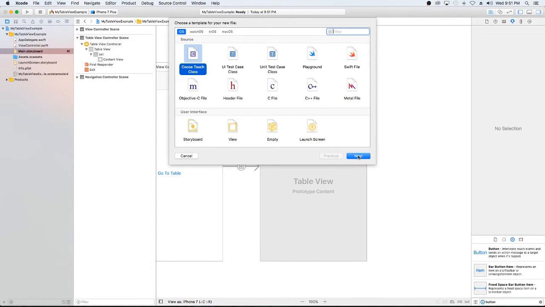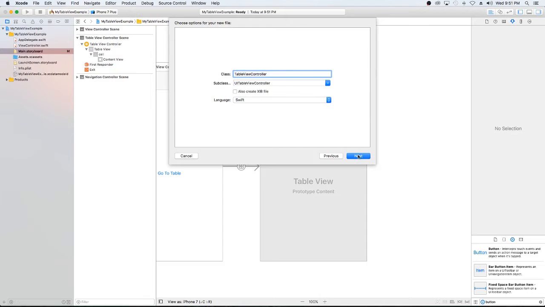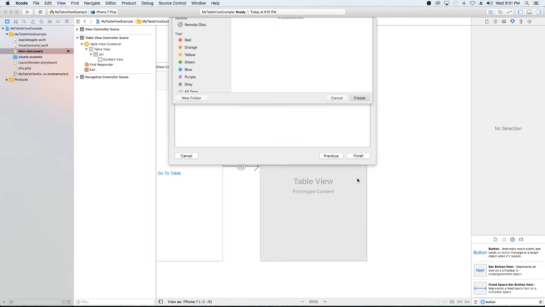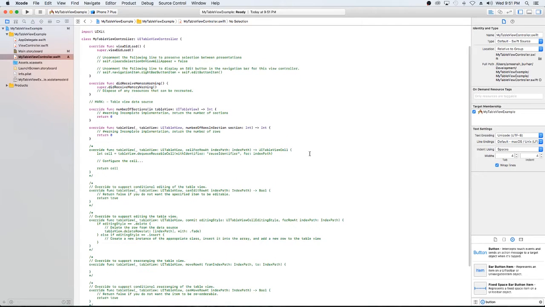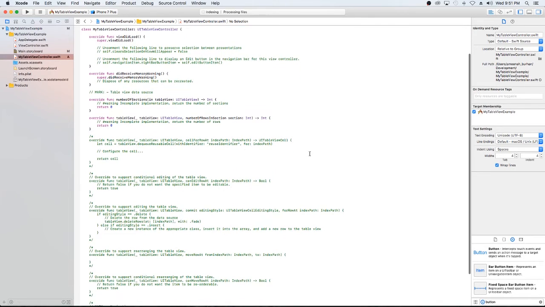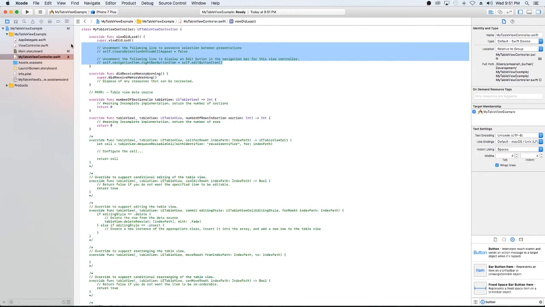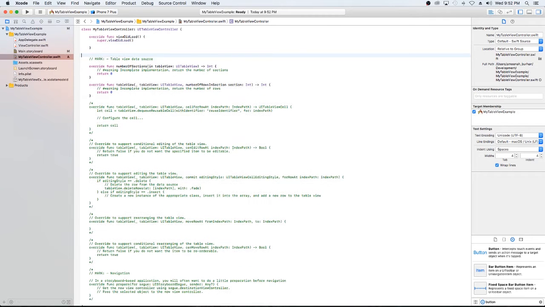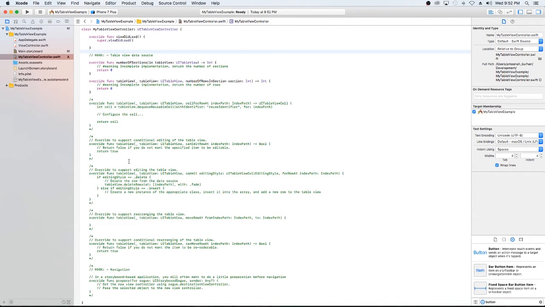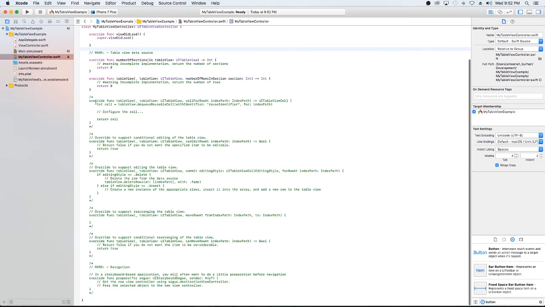a Cocoa Touch class, and we're going to name it, it's a table view controller. Let's say my table view controller. How about that? My table view controller. Create. Okay, so here we go. Now, there's a bunch of stuff in here that I usually get rid of, and it may be a mistake, but once again, 3 days old. I know that's not an excuse to mess things up, but